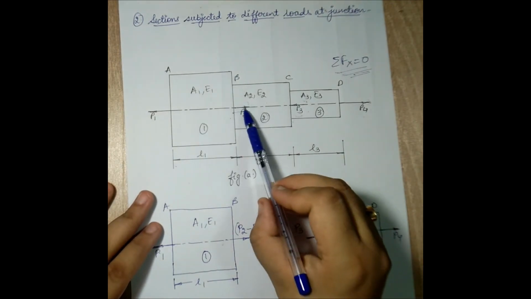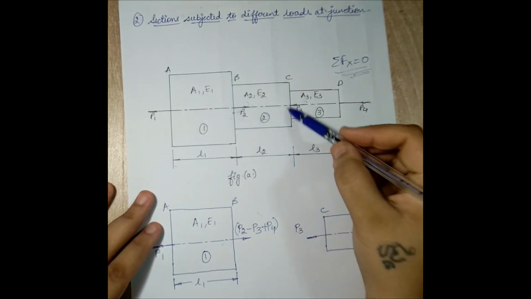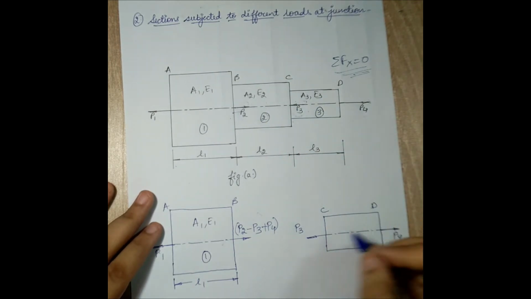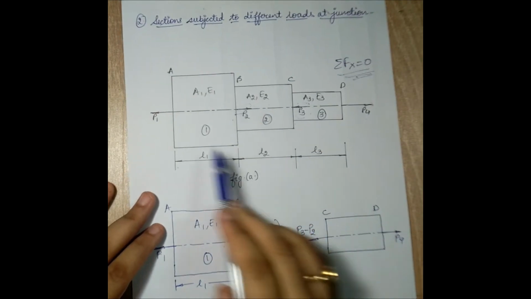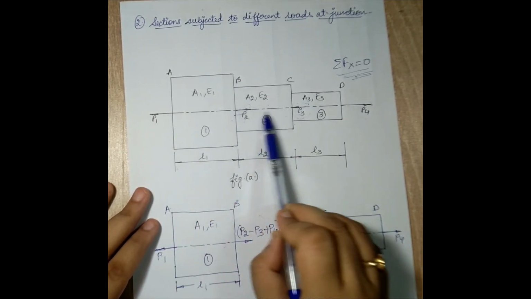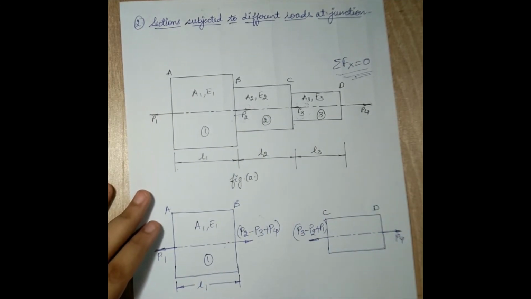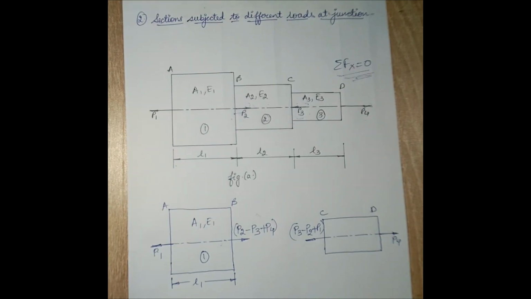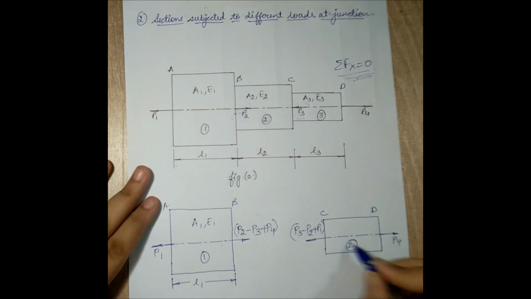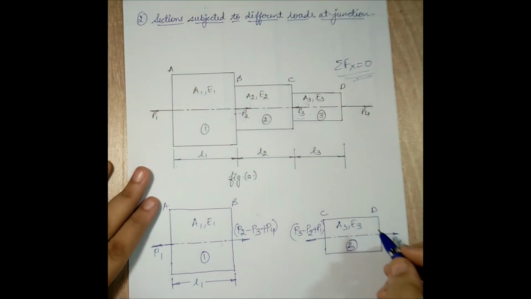Next, suppose I have to place P2 over here, if I place this arrow, it will be pushing the junction C, hence it will be creating a compressive type of effect. When I talk about P1, if I lift it and I place it here, it is very much evident that P1 will always create a tensile kind of effect. So it is plus P1. So this is the load on the other side of bar CD or at junction C for the bar CD. This is the third bar. Area is A3. Young's modulus is E3. The length is L3.